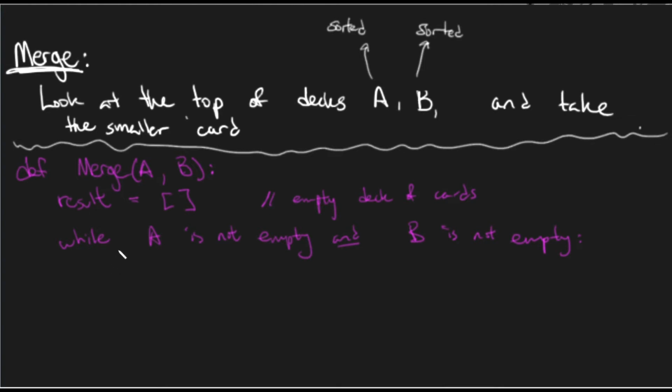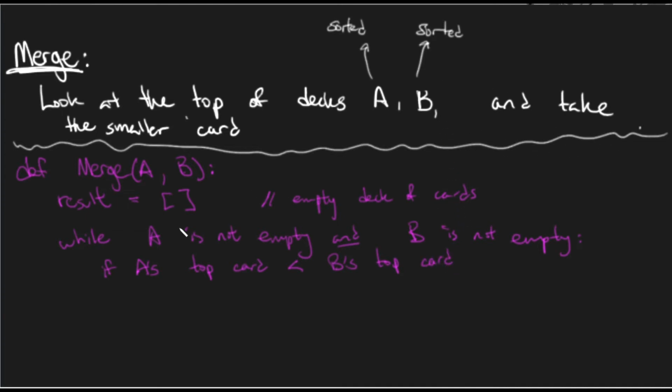We're going to look at the tops. Like we said in our rule, we're going to look at the tops of the two decks. I'm going to say if A's top card is less than B's top card,